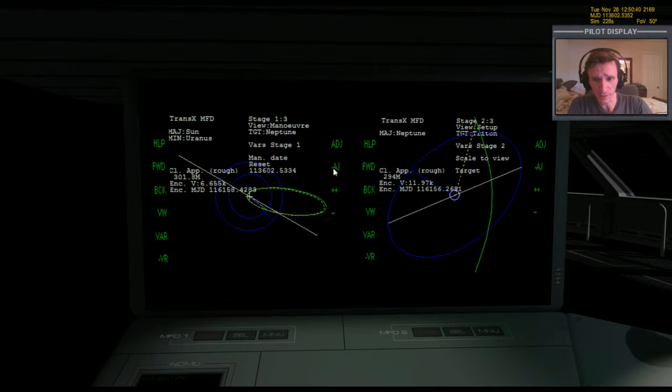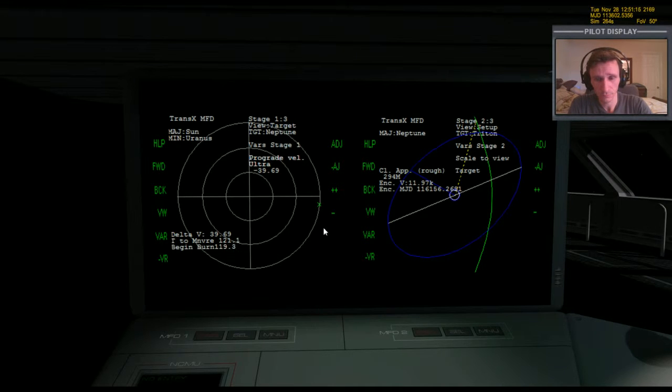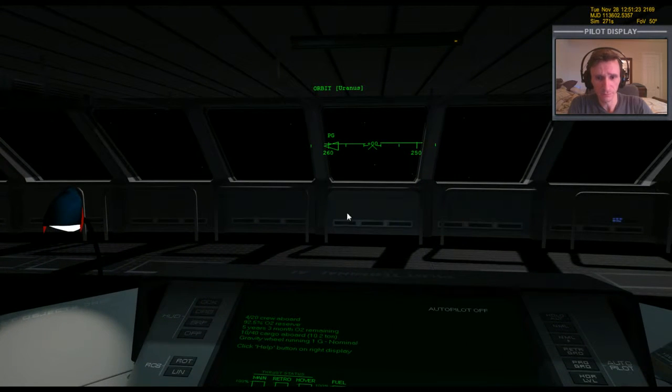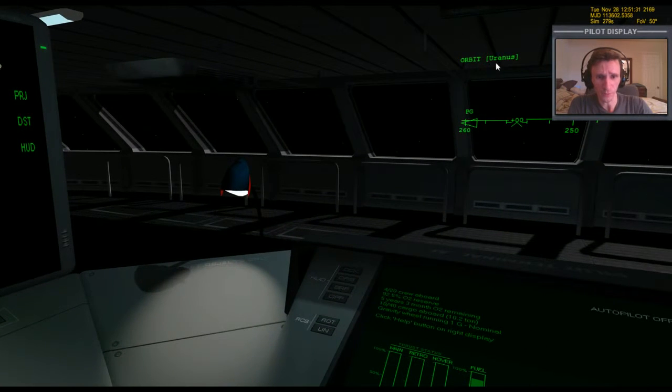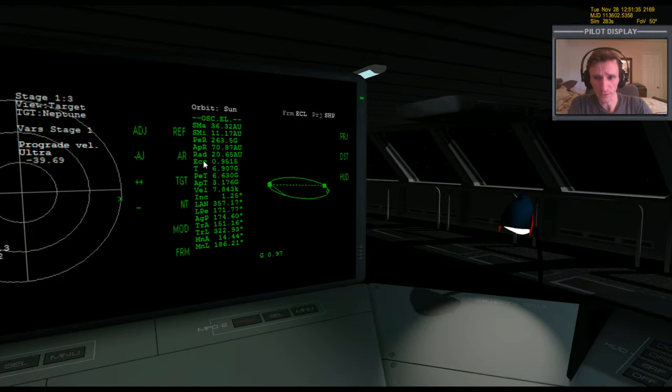So let's reset the date to get it current. Not that it matters, we're so far away that the timing of the burn hardly matters. We'll bump it forward here a little bit, and then we'll do an update here just to make sure everything's current. Yeah, that'll be fine. Translation, rotation. Okay, and we're doing negative prograde, so we're going to be basically going retrograde. So let's update our orbit. You can see currently it says orbit Uranus, and we're actually in orbit around the Sun now, so let's update that